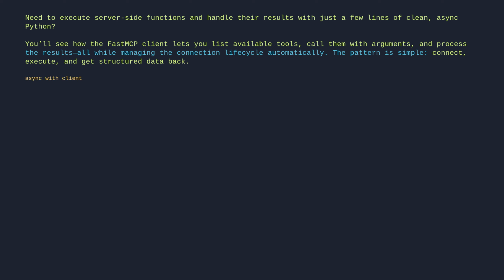async with client: # list available tools. tools = await client.list_tools(). # execute a tool. result = await client.call_tool("multiply", {"a": 5, "b": 3}). print(result.data) # 15